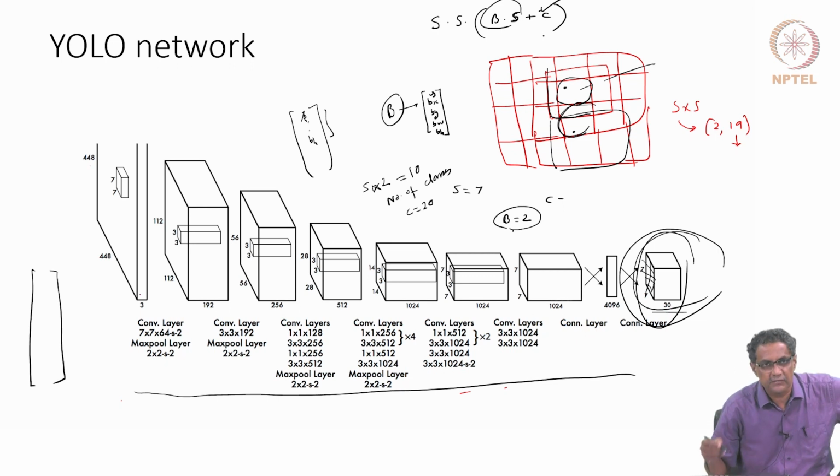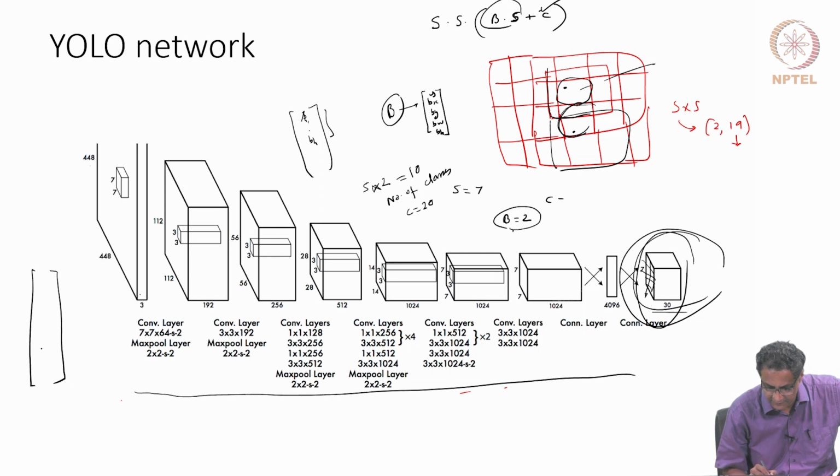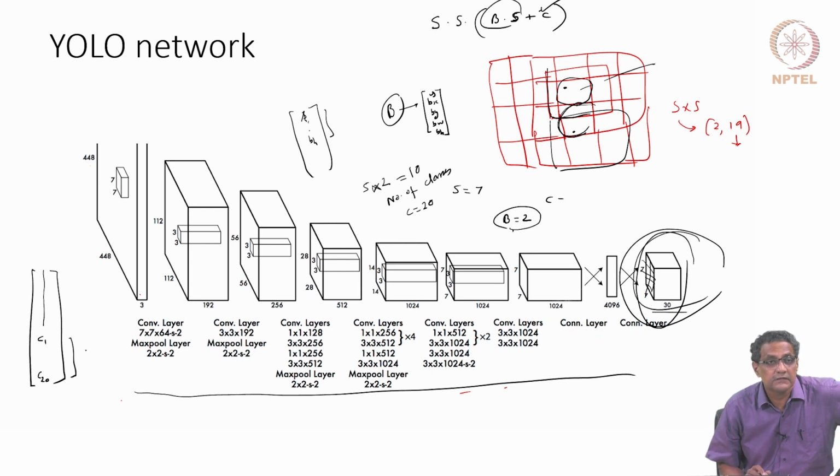Which is why I am saying it is B into 5, because you are assuming that everything could have an unknown. Now, you have B into 5 plus C, where C is the number of classes. So, you have all these values which are related to the bounding boxes, then think about classes C1 to, let us say, C20, and then this will be a one hot vector, which will say that,